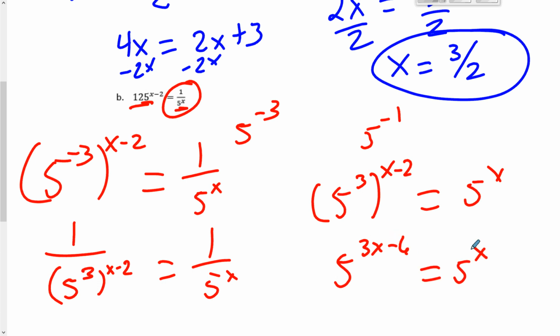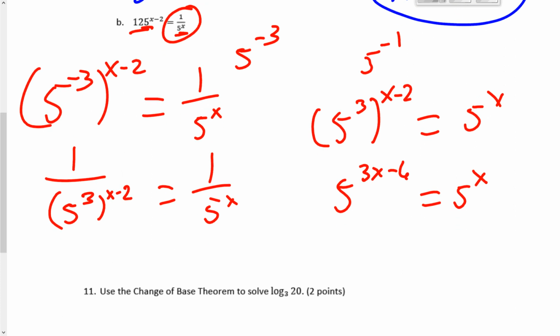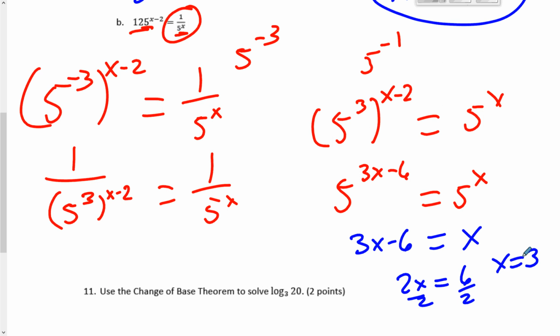That's where I would check first. If it doesn't work out, I would check that first. Well, make sure your bases are the same first, and then make sure you distribute your powers to powers there. So now I can go ahead and add 6 and subtract 1, so we get 2x is equal to 6, divide by 2, x is equal to 3, and you can plug this back into the original and make sure it works, right? 3 minus 2 is 1, so we get 125 equals 1 over 5 to the 3, which